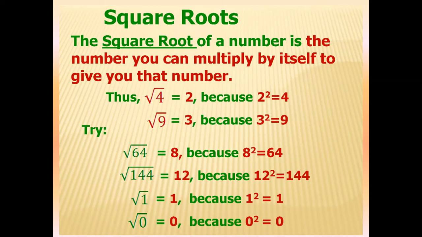It means that suppose you calculate the square of 2. You get the answer as 4. Square of 3, you get the answer as 9. Now if you calculate the square root of 4 or the square root of 9, then you will get the same number as you get when you do the square of the number. So we can say that the square root is actually the same number that we get when we do the squaring of a number. So if 8 square is 64, then the square root of 64 is 8. If 12 square is 144, then the square root of 144 is 12.